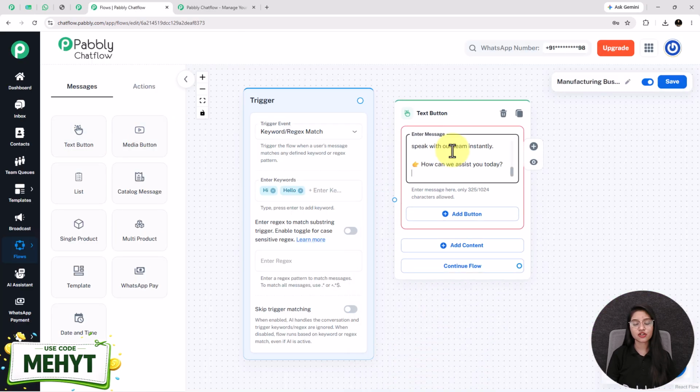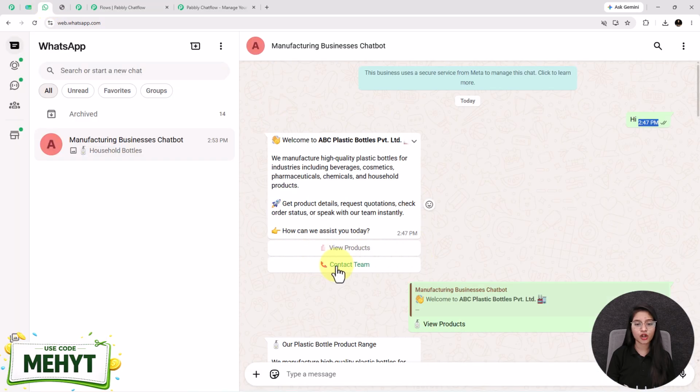and entering a message content in this enter message box. Here I have added "Welcome to ABC Plastic Bottle Pvt Ltd." Here I have given this name by my choice. You can replace it based on your own business. After that, I want to add two quick buttons with this message by the name of view products and contact